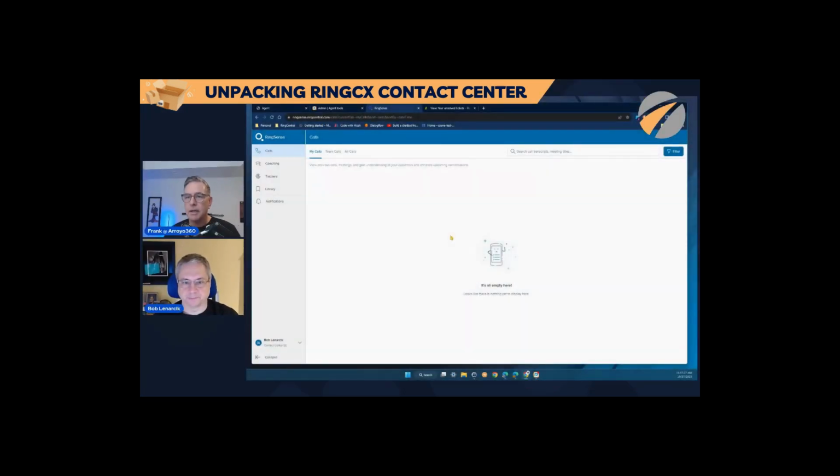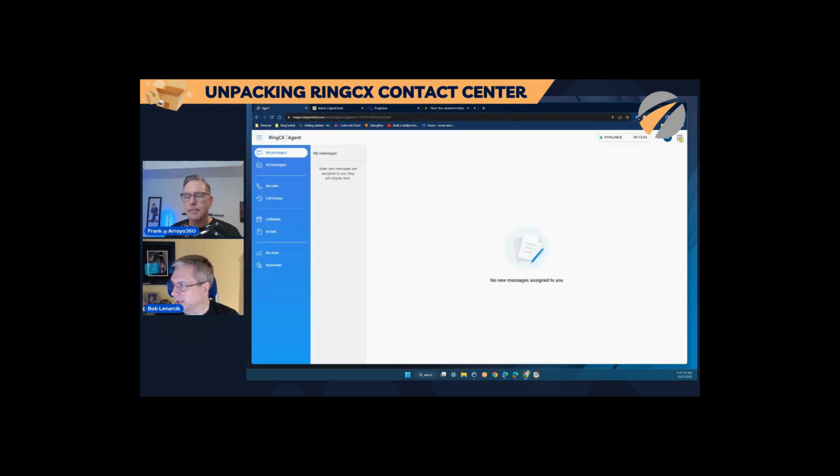Pull up my screen. One thing to point out here: when we were looking at the agent tool, I didn't show that when you have RingSense enabled on the platform, and by the way, it's an add-on tool, so it's not native to the solution when you get the license for the agents. But if you want to add it on, it's a very cost-effective tool, and it does address, like you mentioned, quality management: how well are my agents performing? Are they doing a good job?